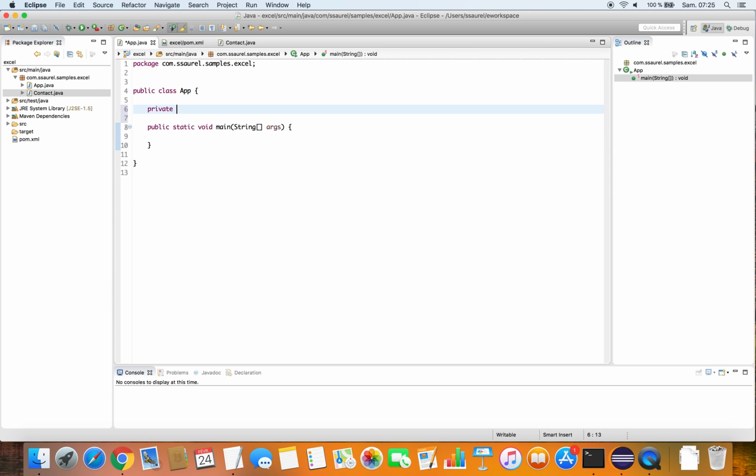We define some column names for the generated file. First name, last name, email, and the date of birth.